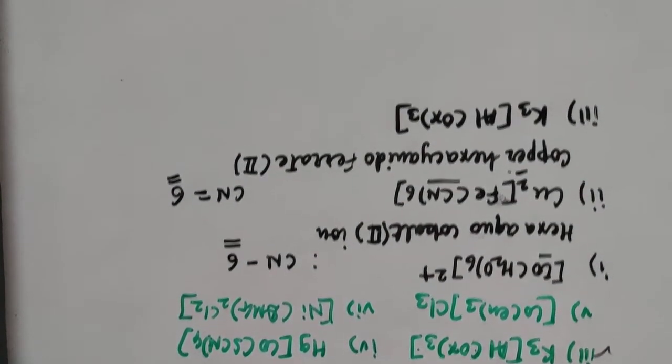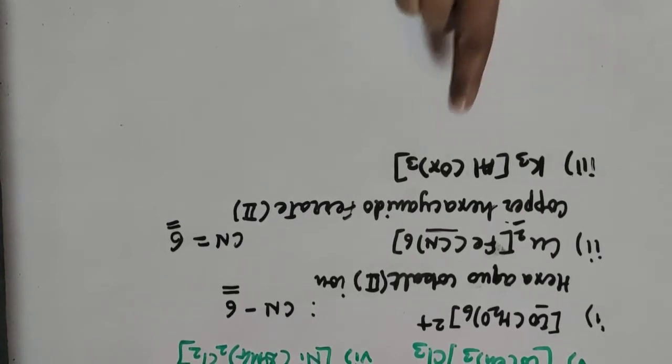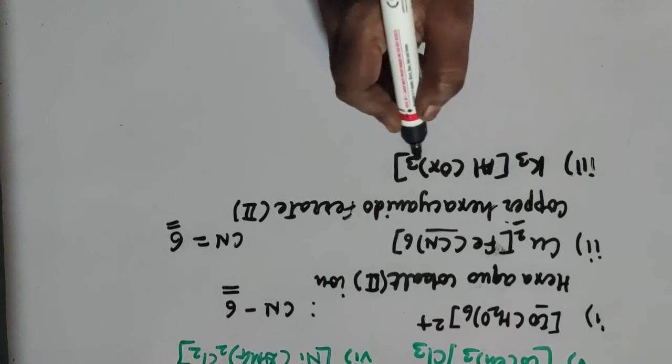What is OX? I told you OX is nothing but the oxalato ion, and the oxalato ion acquires -2 charges here. This is also a chelate ligand, and I told you wherever there is a chelate ligand, you are supposed to use prefixes like bis, tris, tetrakis, etc. But here in this case, in case of OX, we'll write the name first. This is K3[Al(OX)3].